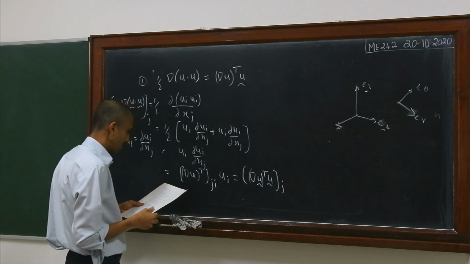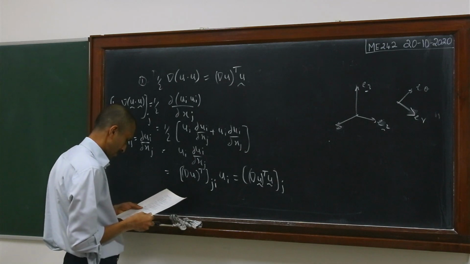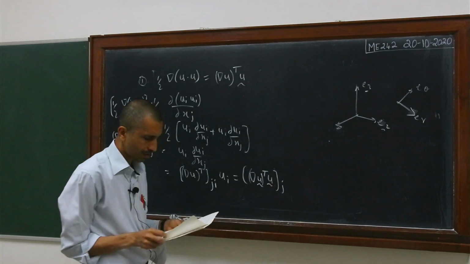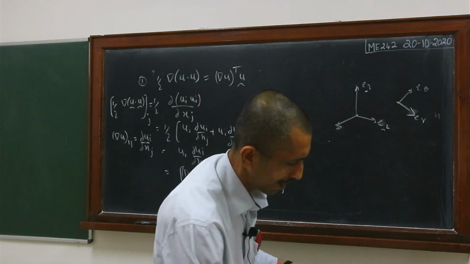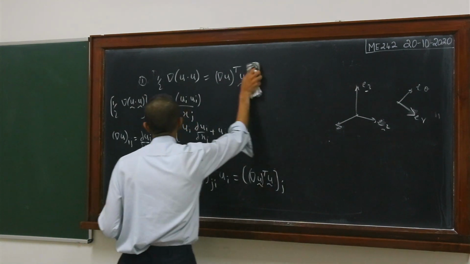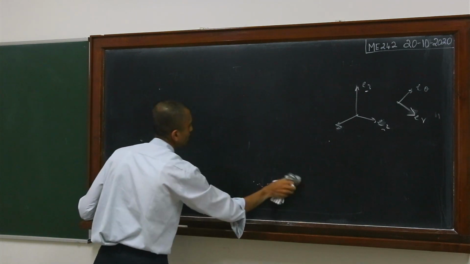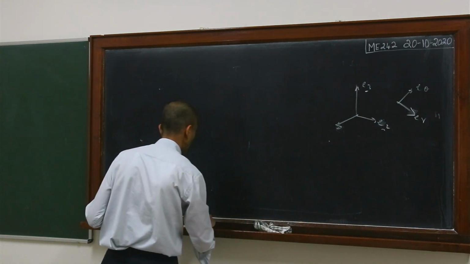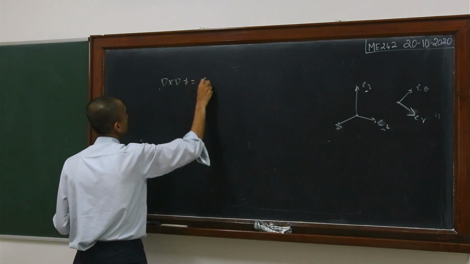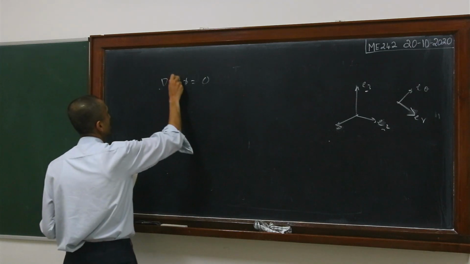So we'll prove something more complicated now. So let me see which identity I can prove. Yes, so let us prove del cross del phi is equal to 0. Okay, so this is a very, very famous identity and it is used in a lot of places. So let us try to show this particular identity here. So del cross del phi is equal to 0. So this is, as I said, a very, very famous identity. So let us try to prove this.